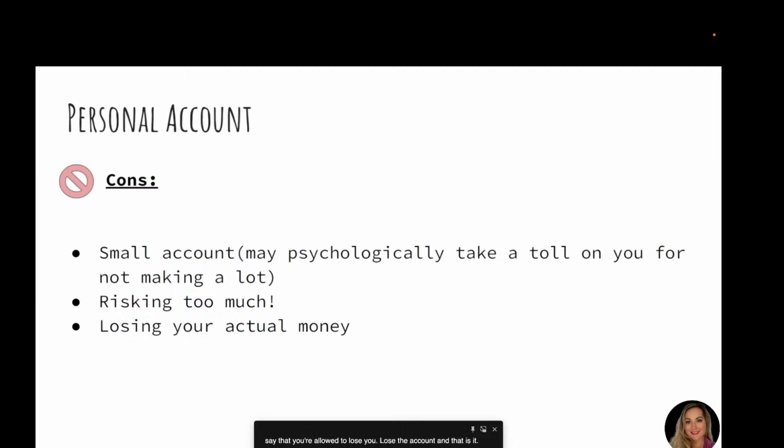The difference between the personal account and the funded accounts, the prop firms, is that on the personal account, if you actually violate a rule and lose, say, $5,000 to $10,000, that's really $5,000, $10,000 that you lost. It's true money you lost. On a prop firm account, you would be losing the fee it costs to start that account up, not actually losing the $5,000 to $10,000. They're absorbing that hit, and you are just going to lose the fee that it costs you to start up,